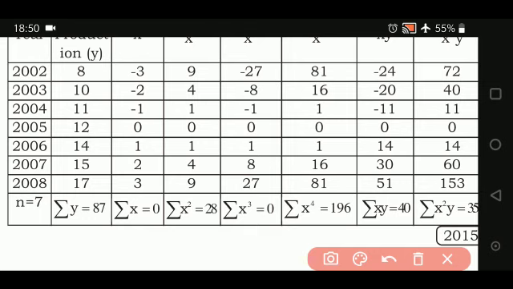Now n is equal to 7, and you should remember students, if n is odd, the new x values are going to be -1, -3, -5, -7 and so on. Here n is odd, so the middlemost value straight away becomes 0, and the others will be -1, -2, -3, +1, +2 and +3. Straight away you get summation x is equal to 0, and from here directly you get the value of b. Now the next column you're going to make is x square.